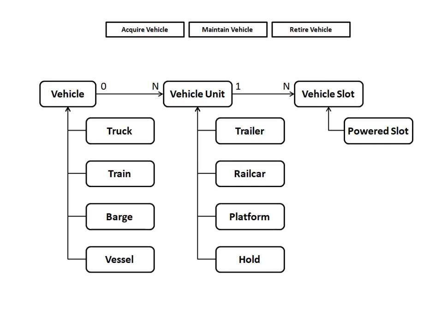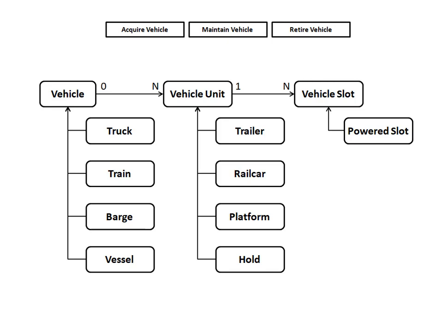So I might want to record a fact about the vehicle or about one of its units. Likewise, within a unit, I'm going to have slots, places where I can actually put my containers. Your typical rail car can hold 4 40-foot containers in it. So I've got a front and a back slot and an upper and a lower. So I've got the upper front or the lower back, but I can indicate 4 slots within that rail car. So a vehicle that is a train has lots of rail cars, each of which have multiple slots. I'm going to want to keep track of that as I go through, and properties associated with that. Some vehicles have powered slots and some do not. So where can I put a refrigerated container? That's all data that I